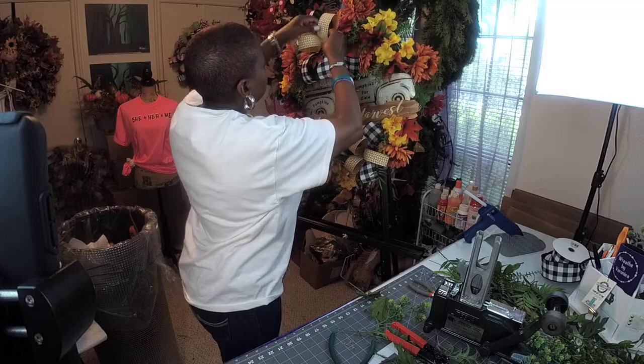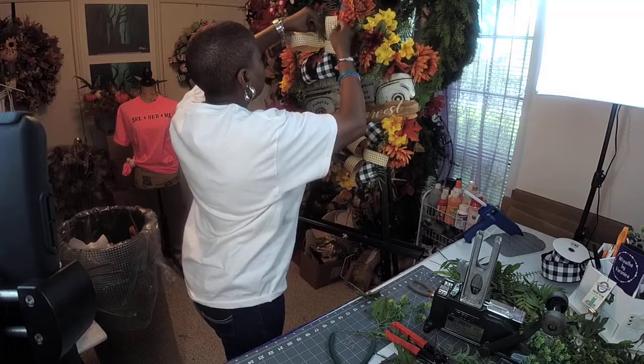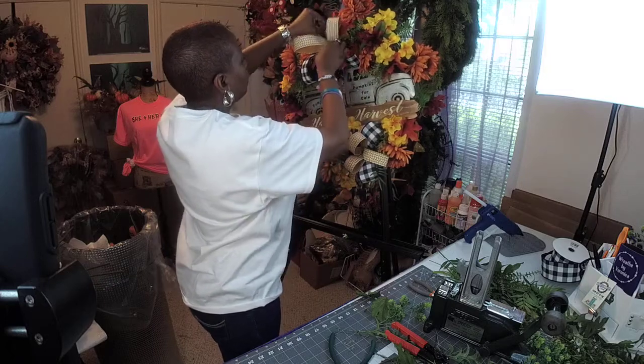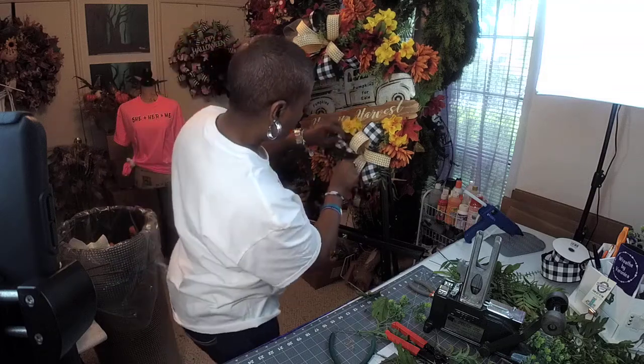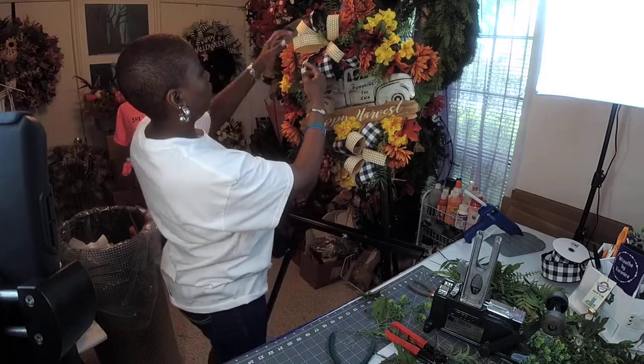Really filling up. I'm gonna bring that like that. That way it'll look as if the greenery is in there, and it won't look like nothing is in it, like the green is coming out of the